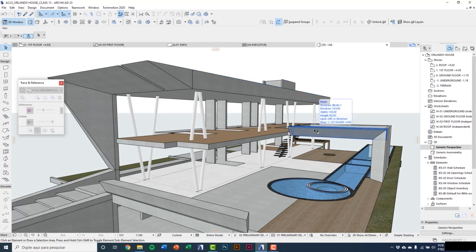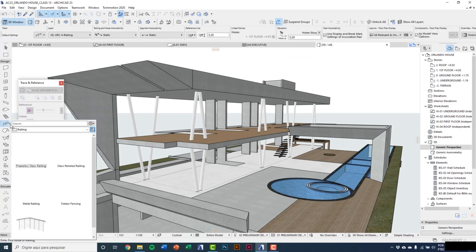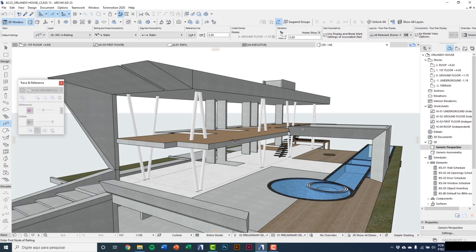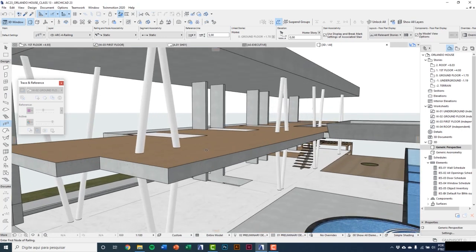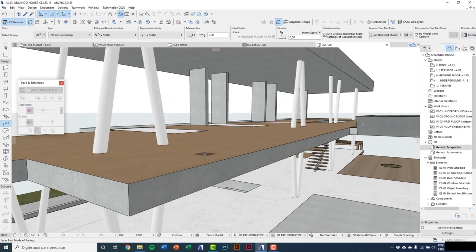Hello, welcome to the class 13 of the ArchiCad 23 online course. In this class, you're going to see the railing tool. It's here on Toolbox, and clicking on the arrow, you see the favorites. You could, for example, choose the wired railing, giving a double click, and I can model, giving a starting click,